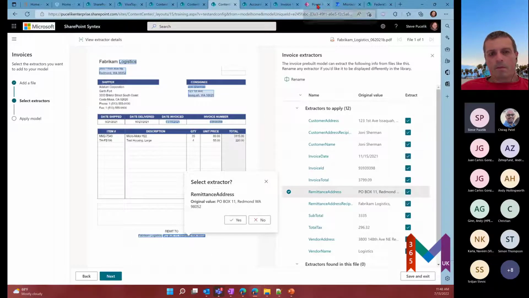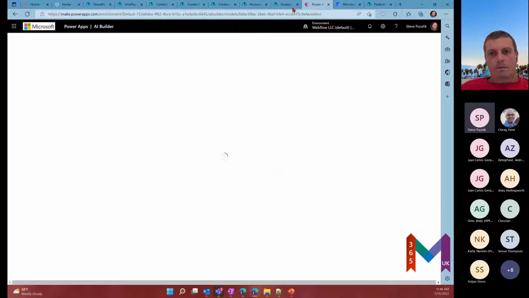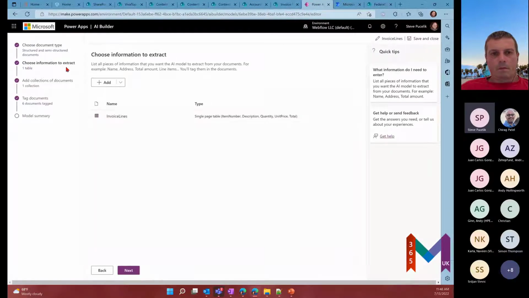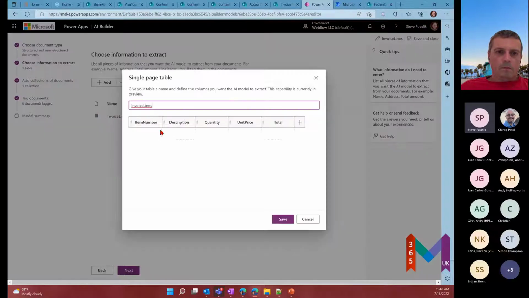When we talk about the line item information, that's when we jump over to AI Builder. Okay, so with AI Builder, and again, I've jumped ahead here a little bit, when we create the fields that we want to extract, there's going to be that single page table option that we can add. And in this case, I've added my invoice lines, descriptions, typical things that I'm going to find for line items in that